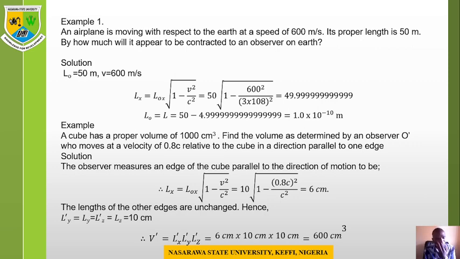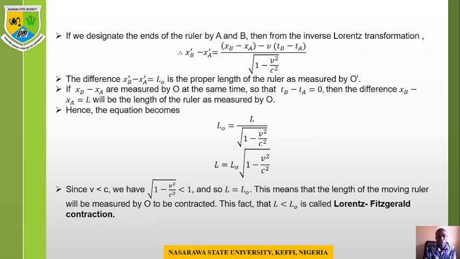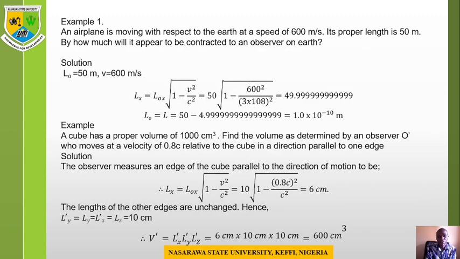So the solution: from the question, the actual length of the airplane is 50 meters and it is moving with a velocity of 600 meters per second. Of course, the expression for the length from the observer O, we have L_x equals L naught times the square root of 1 minus v squared over c squared. Substitute our values in and we get